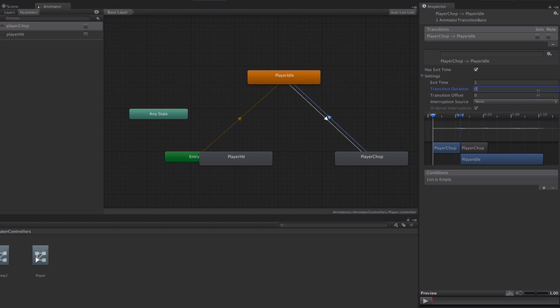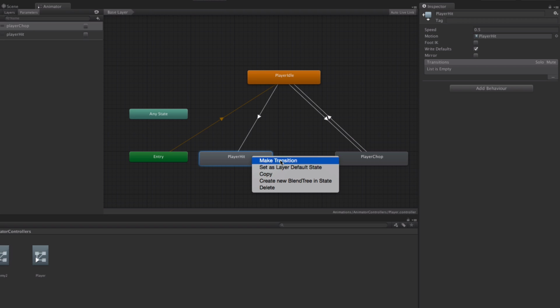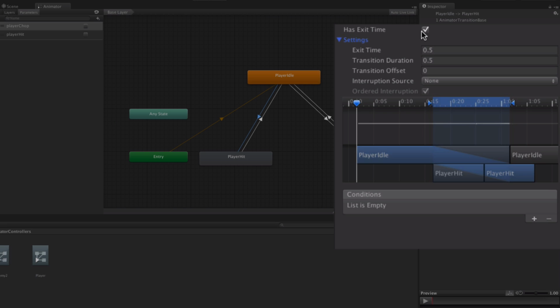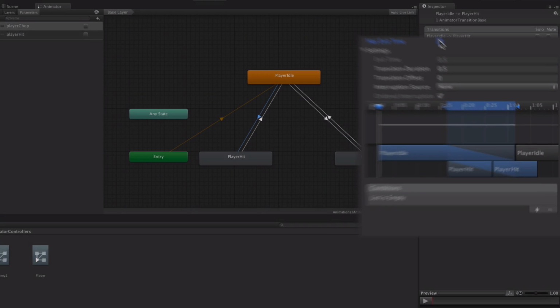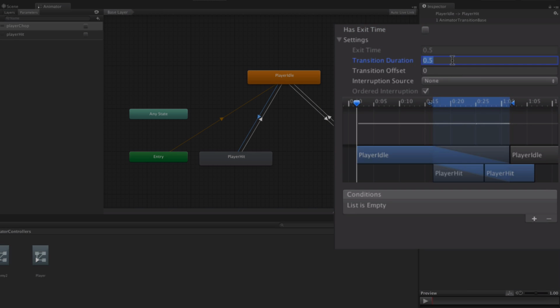Let's set up the same things for player hit. We'll select player idle, choose make transition, and drag to player hit. We'll click on player hit, right-click, choose make transition, and transition back to player idle. We'll highlight the transition from player idle to player hit, and here we're going to set has exit time to false because we want to interrupt the player idle animation whenever the player is hit, and we're going to set our transition duration again to 0. In our list of conditions, we're going to hit the plus button and select player hit